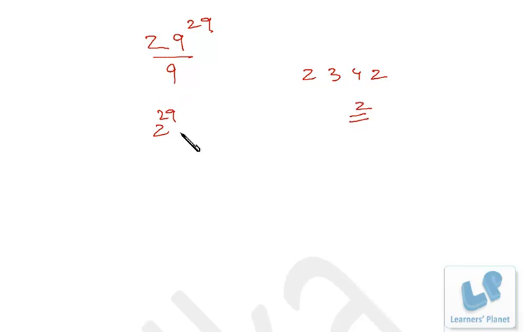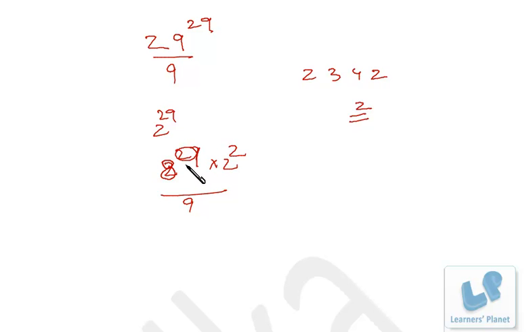Okay. Now 2 raised to 29. 2 cube is actually 8. So what I do is I try to convert this 2 raised to 29 into powers of 3, that is a multiple of 2 cube. So that's 2 raised to 27 into 2 raised to 2. Now 2 raised to 27 is what? 8 raised to 9. Now if 8 raised to 9 is divided by 9, what will be the remainder? Minus 1 raised to 9, that is minus 1, right? That means the remainder is 9 minus 1, 8.